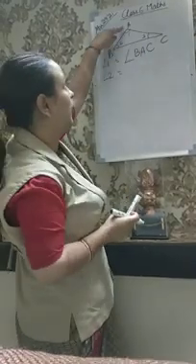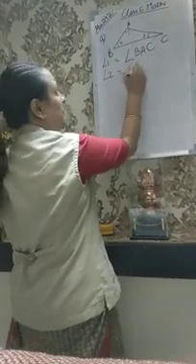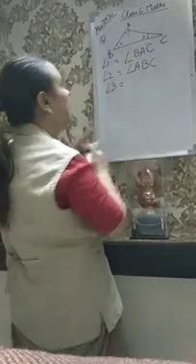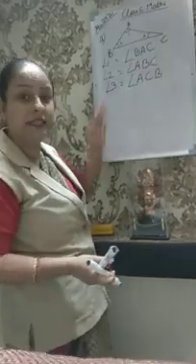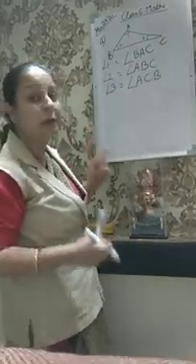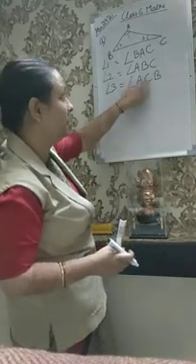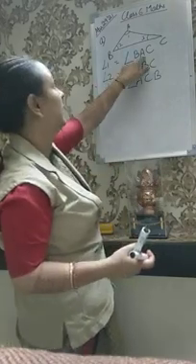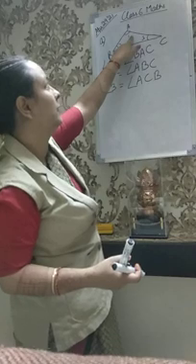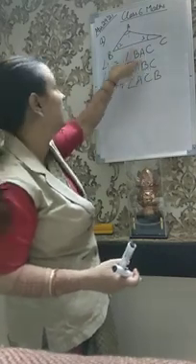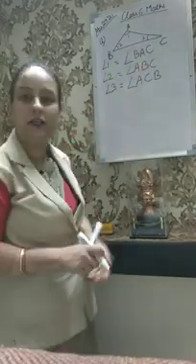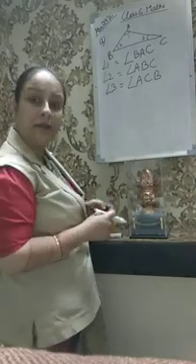Angle 2 is ABC. And angle 3 is ACB. Do you see? Only the alphabets are getting interchanged, right? So what do we basically see? We look at the middle alphabet. Middle alphabet has to be the one on which the angle is getting formed. So A, कौन सा बन रहा है? 1, right? 1 A पे बन रहा है तो here A is coming in the middle. 2 B पे बन रहा है तो B is in the middle. And 3 C पे बन रहा है तो C is in the middle. Do you understand? That is how we name the angles.